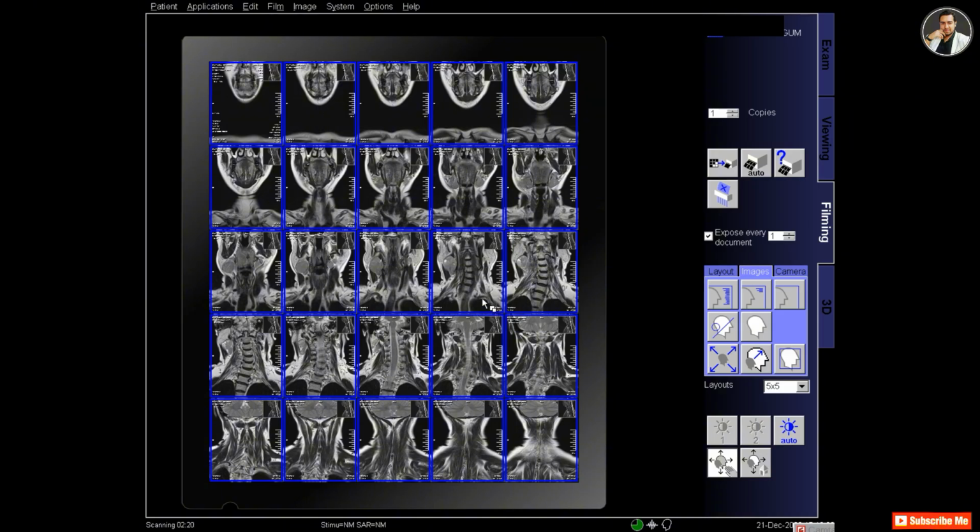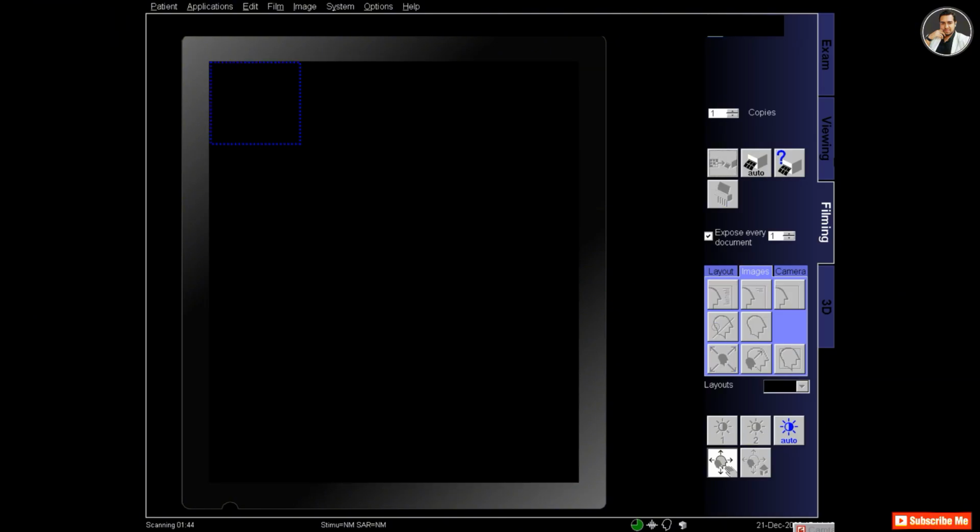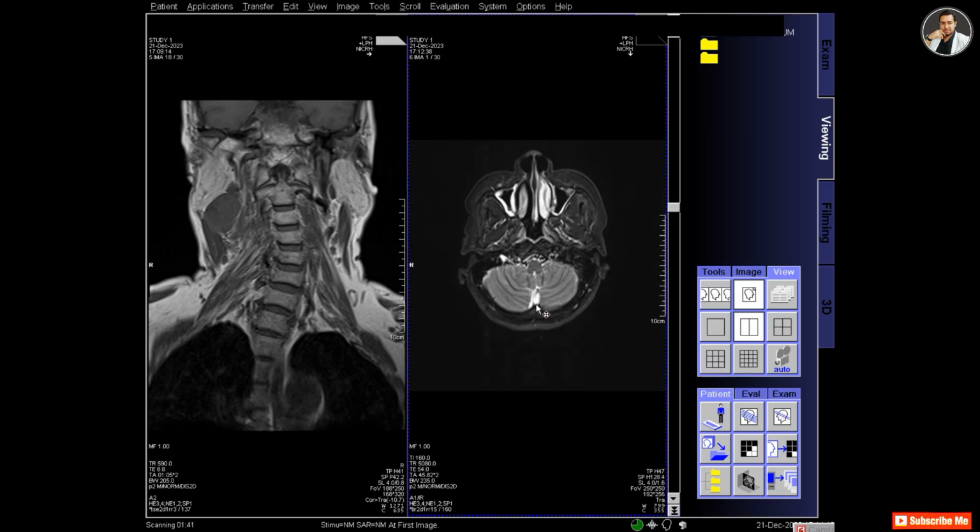So this is the third film that I'm preparing. The first one was T2 TIRM sagittal, second one was T2 TIRM coronal. Now it's just T2 TSE coronal, and TSE means turbo spin echo. And TIRM means turbo inversion recovery magnitude, and it's an STIR protocol. That was TIRM, my previous film, but it is a T2 that I am now preparing and print out.